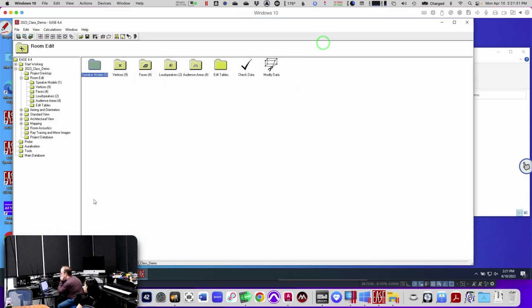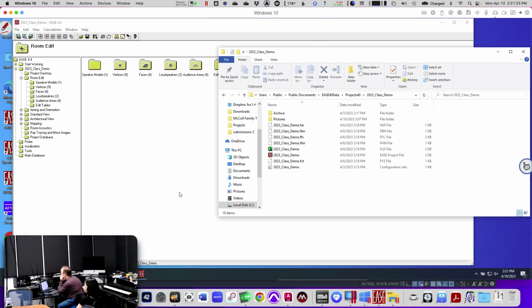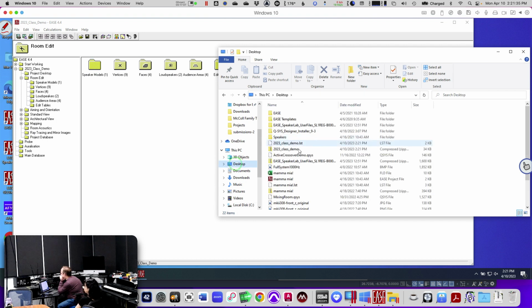So you can close that, and now you will find that. If I go to my desktop, I will find that here. There it is. It was created today. And there's this LST file sitting right next to it, and that LST file is the log of what should be in there. Okay,